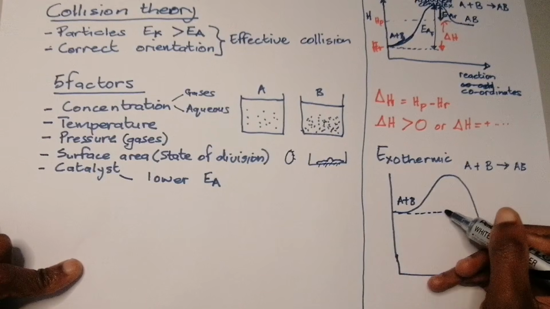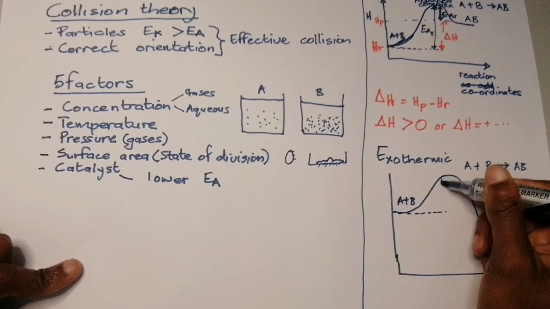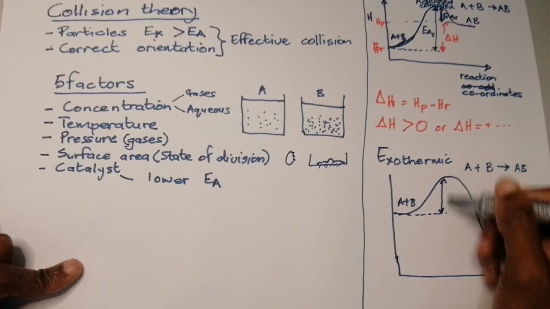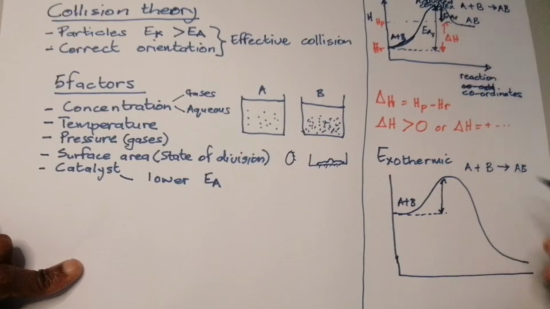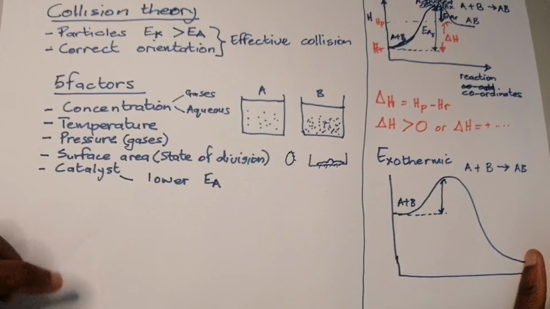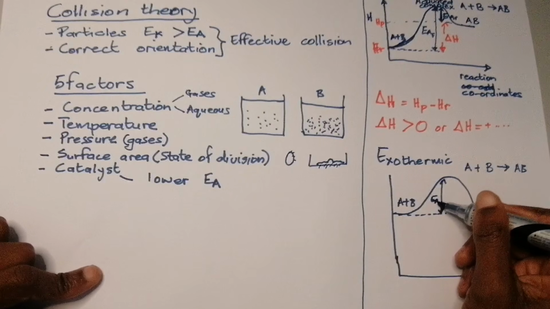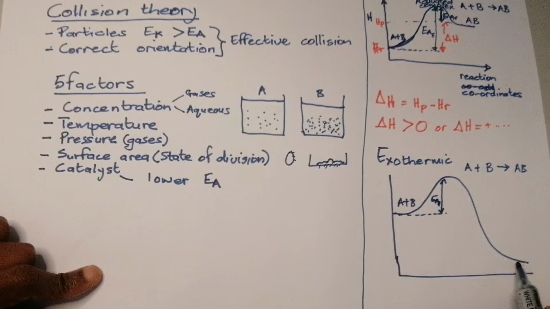And then look at this, the activation energy that you require is actually less when you compare it with an endothermic reaction. So this is the activation energy for the forward reaction, right? And then this is when you've formed products,